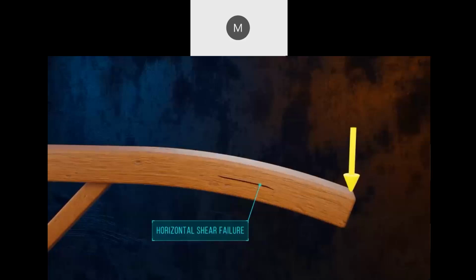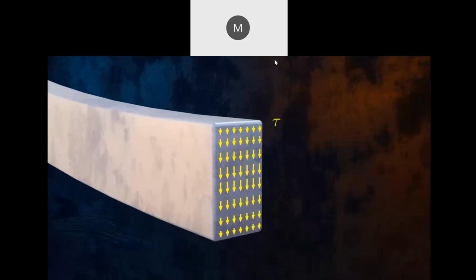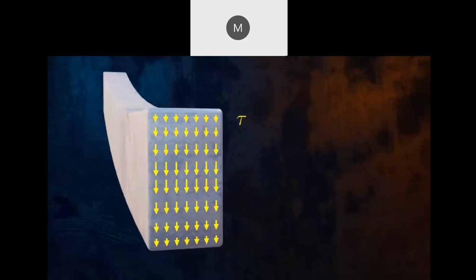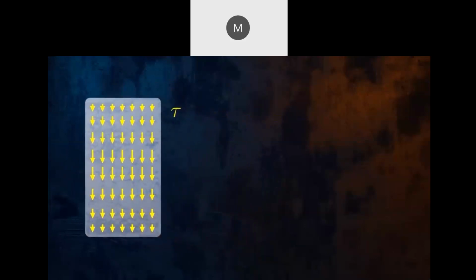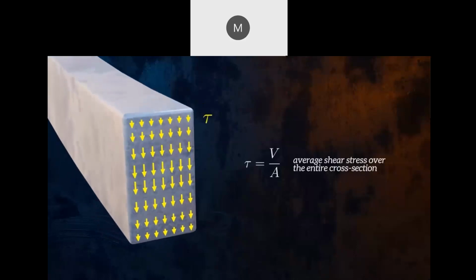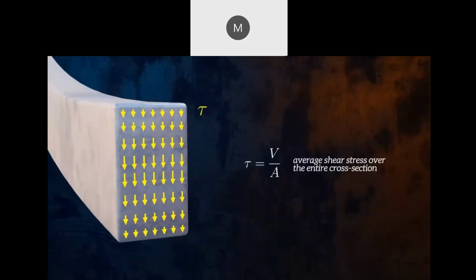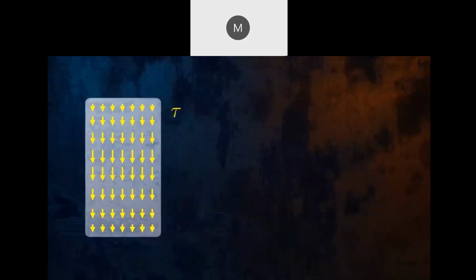So how can we calculate the shear stresses? We can calculate the average shear stress acting on the cross-section as the shear force V divided by the cross-sectional area. But the shear stresses aren't distributed uniformly across the beam cross-section. The shear stress has to be zero at the free surfaces at the top and bottom of the beam. So the average shear stress isn't very useful, since it doesn't tell us the maximum shear stress. Instead, we can use this